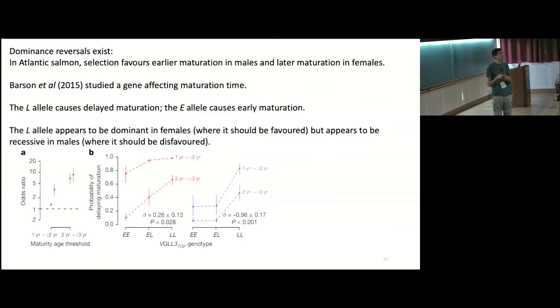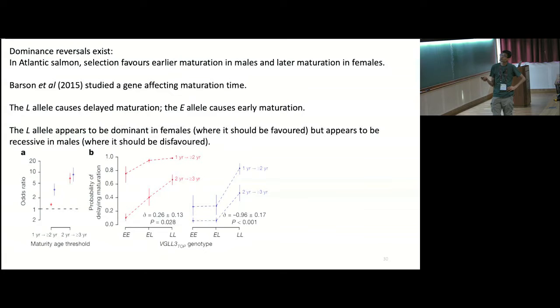So for them, it's better to return after only 1 or 2 years out in the ocean. So it turns out that there are 2 alleles at a locus that affects the length of time you stay out maturing in the ocean. A so-called early allele, which causes you to come back early, and a so-called late allele, which does the opposite. And so we would expect that one allele would be favored for males and the other allele would be favored for females. And the really cool thing is they found this dominance reversal, where the early allele